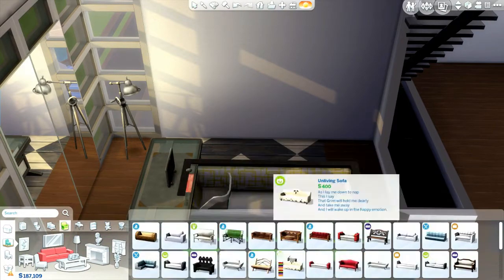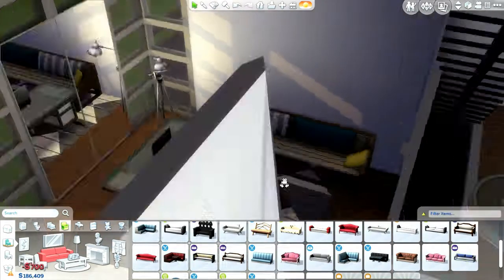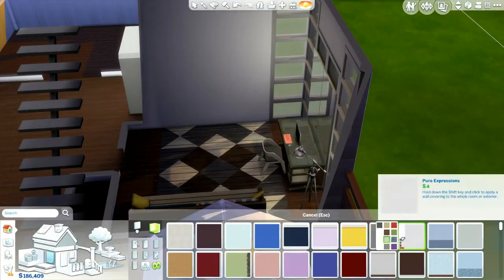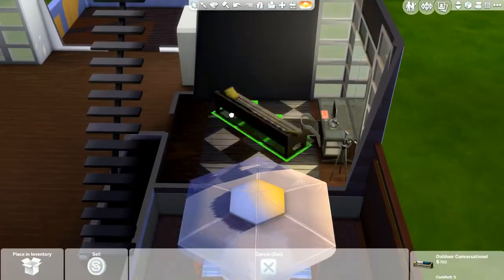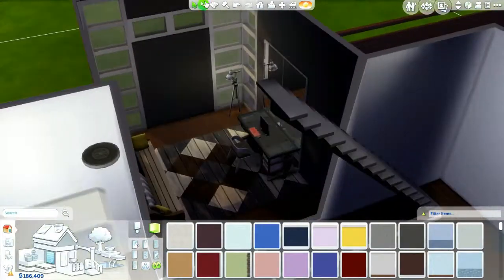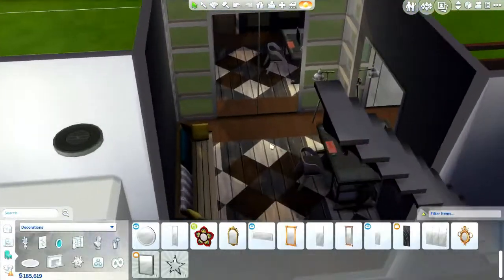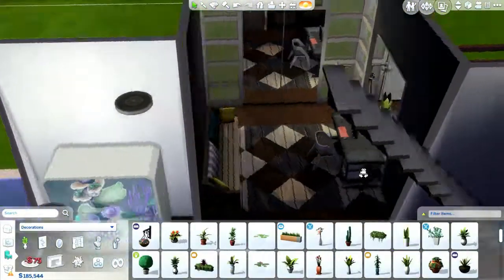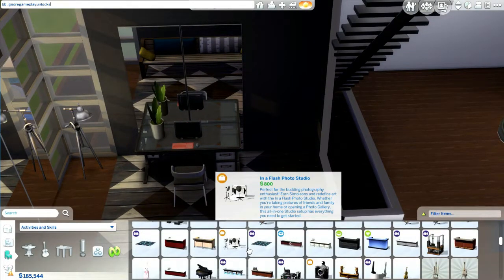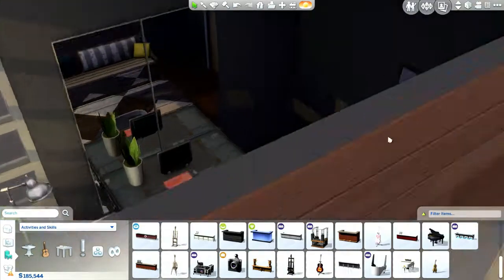I love it. This room has an easel in it and a pumpkin carving station. I really think the pumpkin carving station just looks sort of like a craft desk. I know it's kind of weird to have a pumpkin carving station in the middle of the house, but I think it just looks like a craft area when your Sims aren't using it. So yeah,